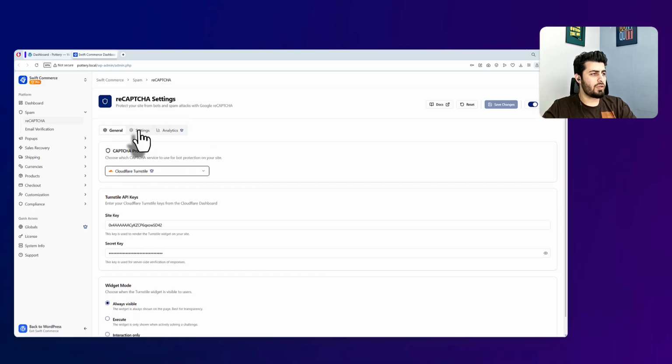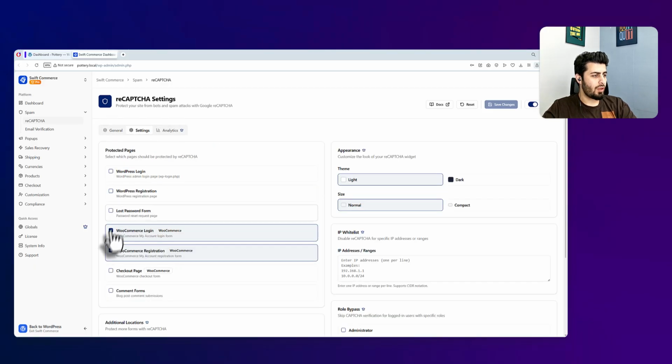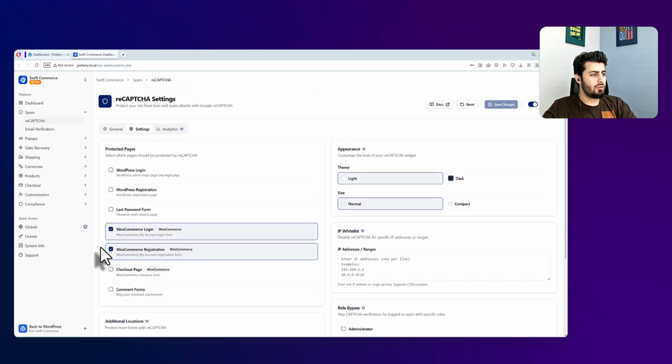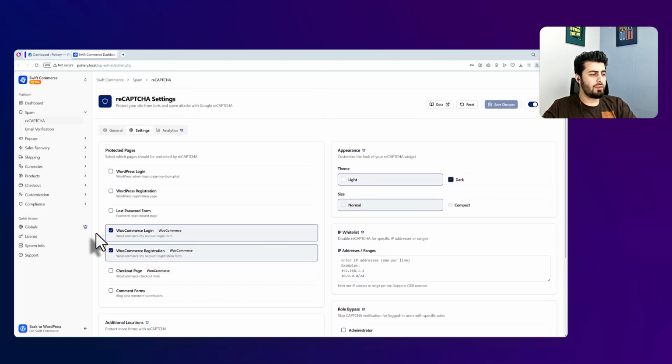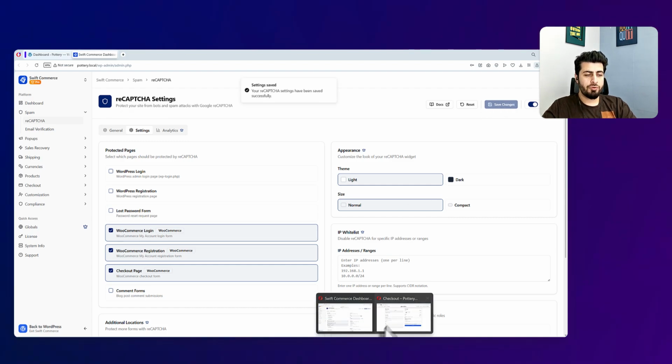Now all I have to do is click on settings and scroll down here, and here there are multiple options for me to choose from where I can easily add the captcha. Right now I'm going to choose checkout page and I click on save changes. That's how easy it is to add captcha to your checkout page, and it can be well protected from bad